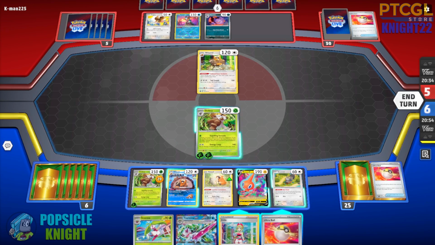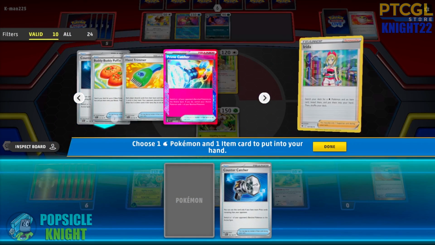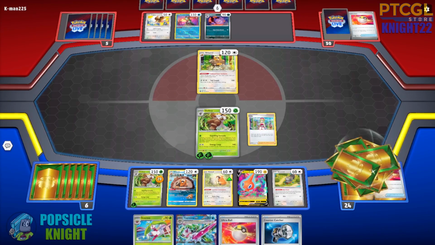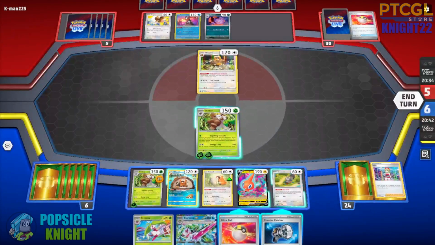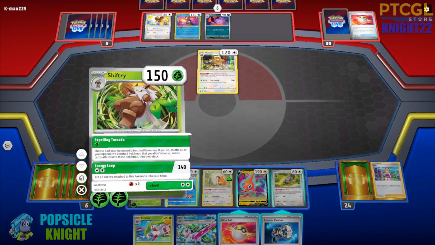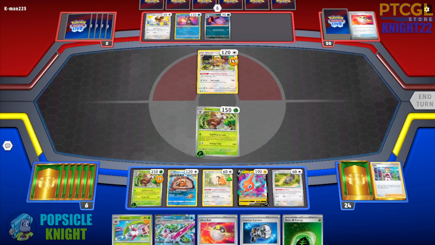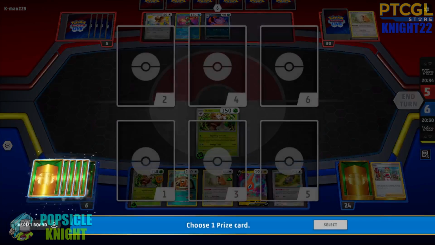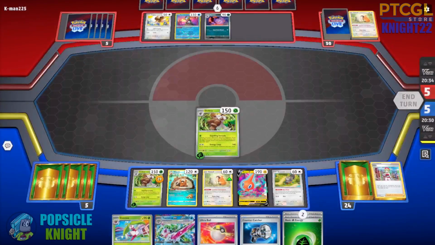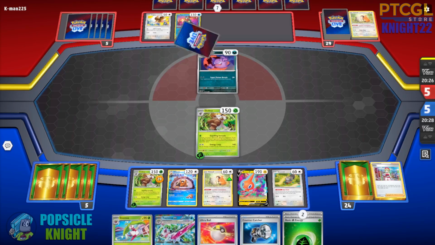I mean, I have Irida. Just use Counter Catcher while we can. And then take out their Haunter. But since they don't have any energies, I could just use Energy Loop, take out this Bibarel so they can't draw, and then get a prize. So we're gonna start with this Energy Loop attack going and go from there. Even if they evolve into Gengar EX,